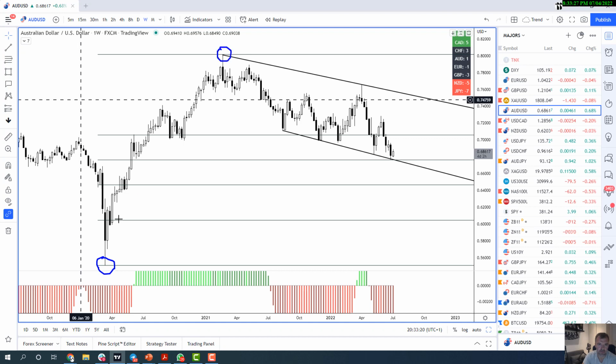So we'll see right down here we have the pandemic lows that I'm just highlighting, and then this is the highs after the pandemic. So we basically had the initial dollar impulsive move where the dollar really got strong, and then as the Fed basically printed and reduced rates and propped up the market like you can't believe, we saw the US dollar sell off significantly and the Aussie dollar reached a high of 0.8, and then since then the Aussie dollar has been in a pretty much corrective move, and as you'll see the market has pretty much